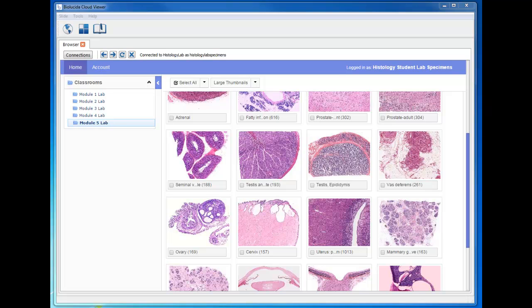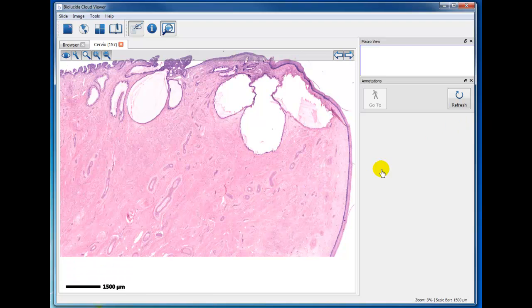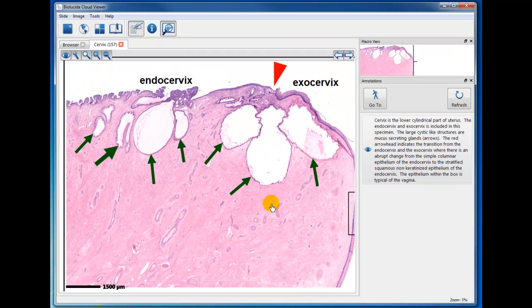This video will give you a brief tour of the cervix and the uterus. First, cervix. And the annotation is meant to orient you, and I'll just go through that. It's indicating here the beginning of the transition, which is fairly abrupt